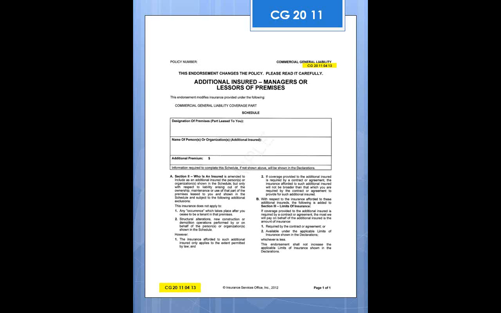Now, in your leases, you would have typically that the tenant would provide you additional insured status for the owner and the property manager, and that one could be provided by using the CG 2011. But if you have the contractor, subcontractor wording in the lease, saying that if they're going to hire someone, they have to provide additional insured status to the owner and the property manager, you want that to still be the 2010 and the 2037 for anybody that's in a trade like that, subcontractor, contractor, window washer, carpet layer,